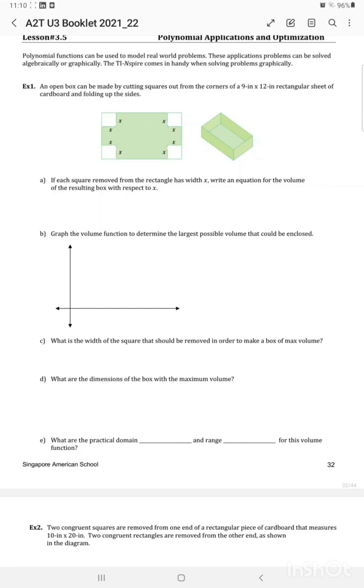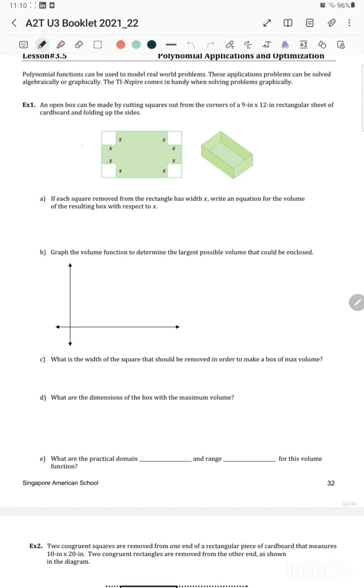An open box can be made by cutting squares out from the corners of a 9 inch by 12 inch rectangular sheet of cardboard and folding up the sides. If each square removed from the rectangle has side x, find the volume of the resulting box with respect to x. So volume would be equal to